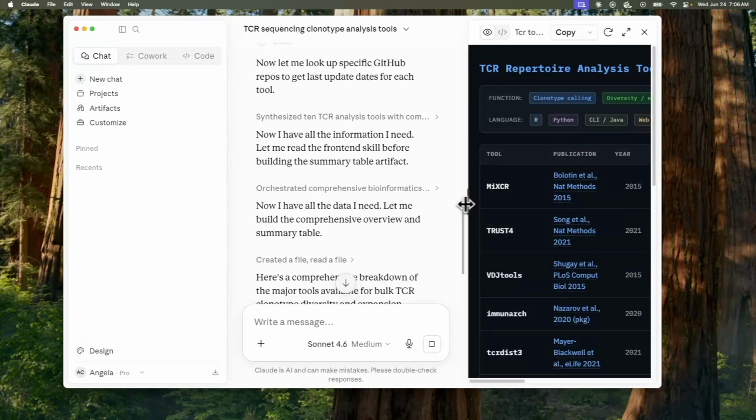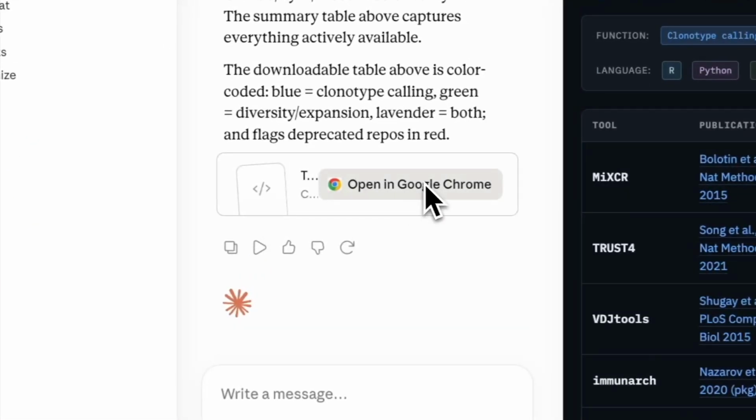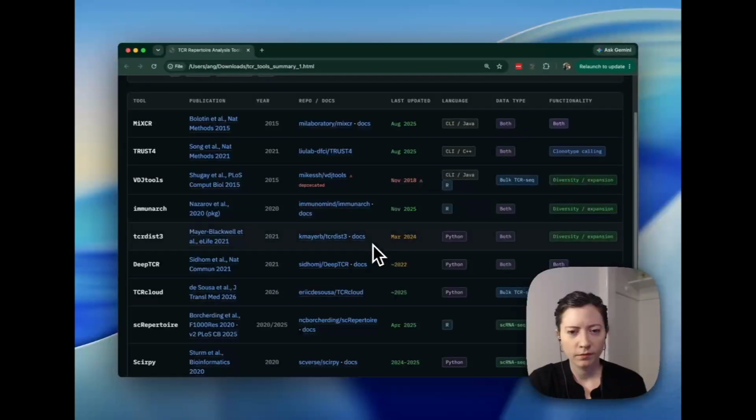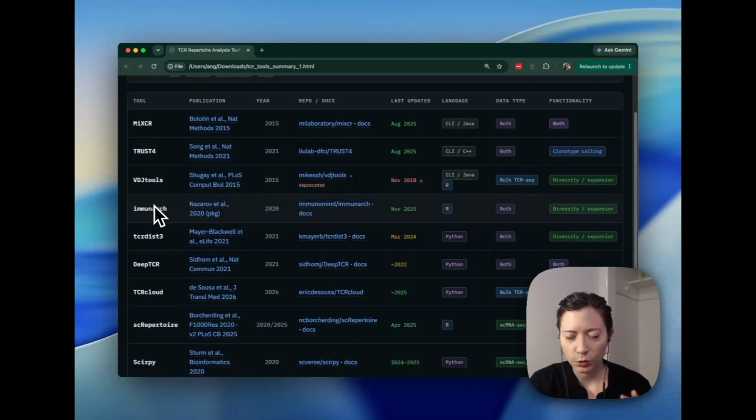All right, so it is done, and we have something we can look at here. There we go. Okay, awesome. Let's look at this super cool output that Claude made for us using these connectors. We've got MixCR tool, we've got Trust4, VDJ tools, ImmuneArc. All of those are very common tools that are used quite a lot, although it looks like VDJ tools is